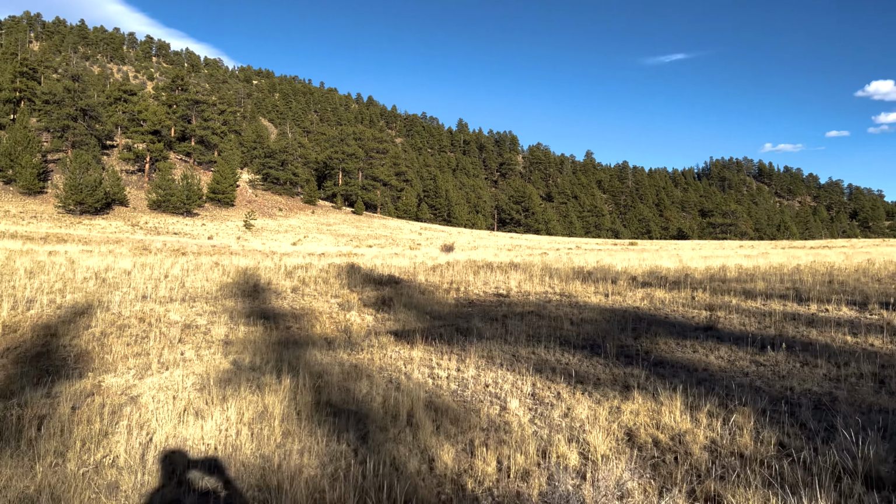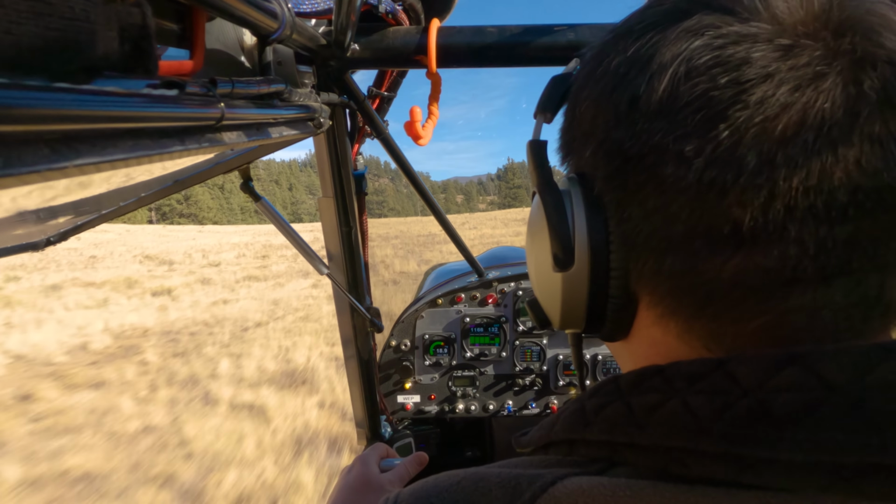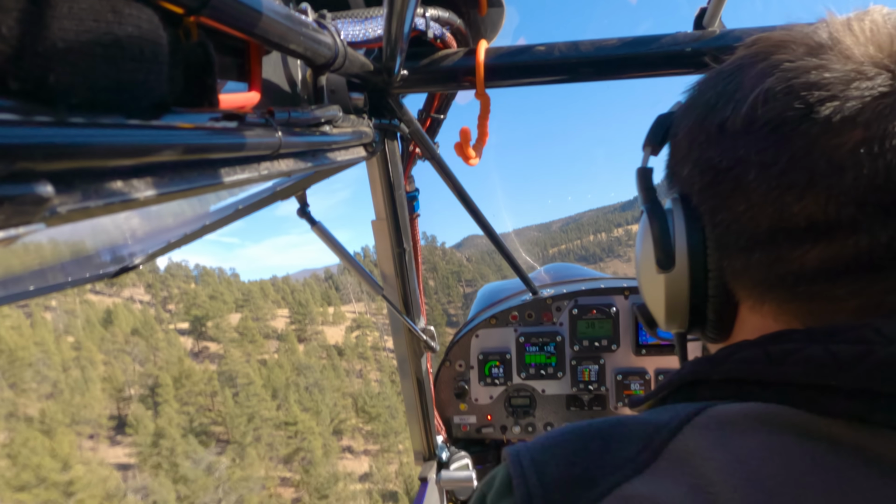So the second day I came back, the following weekend, I wanted to land uphill. After being in there and seeing that the ground was pretty decent and no real surprises there, like big rocks or ditches or anything, I thought, landing uphill is the better way to come in here. And the wind was bad this weekend. It was even worse than the first one, and ground speeds were terrible both directions, so there was no reason